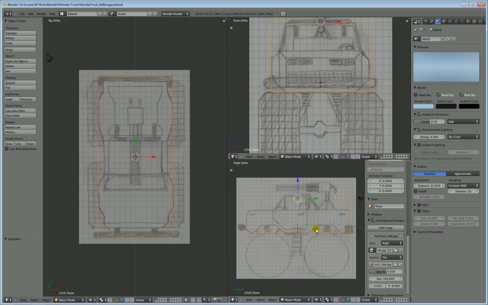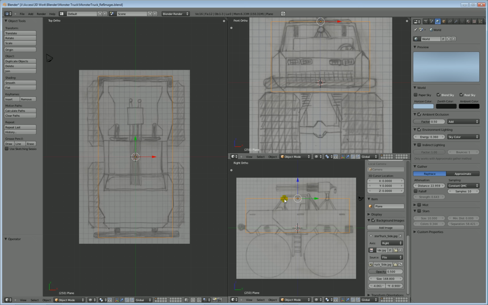Yeah, about right there. And as you can see, it's kind of messing up my height as well. So I'll have to fix that as far as the